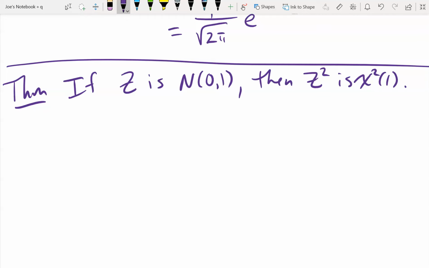All right. So if you take the standard normal distribution and square it, you get a chi-squared distribution. Why is this relevant to variance? Well, think about how you do variance. What do you calculate? You do the expected value of the variable squared, right? And then subtract off the expected value of the variable quantity squared. Well, if it's standard normal, what's the expected value of the variable?